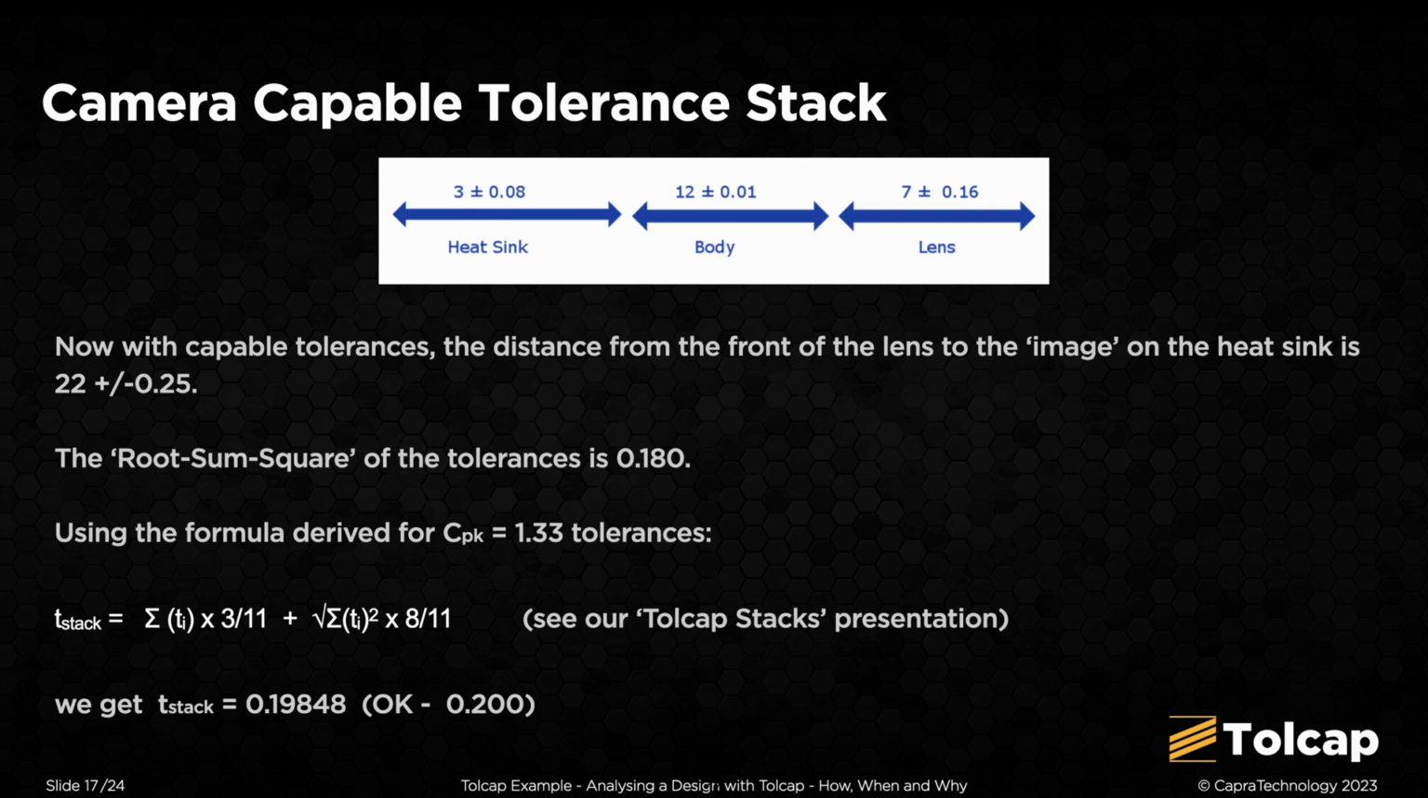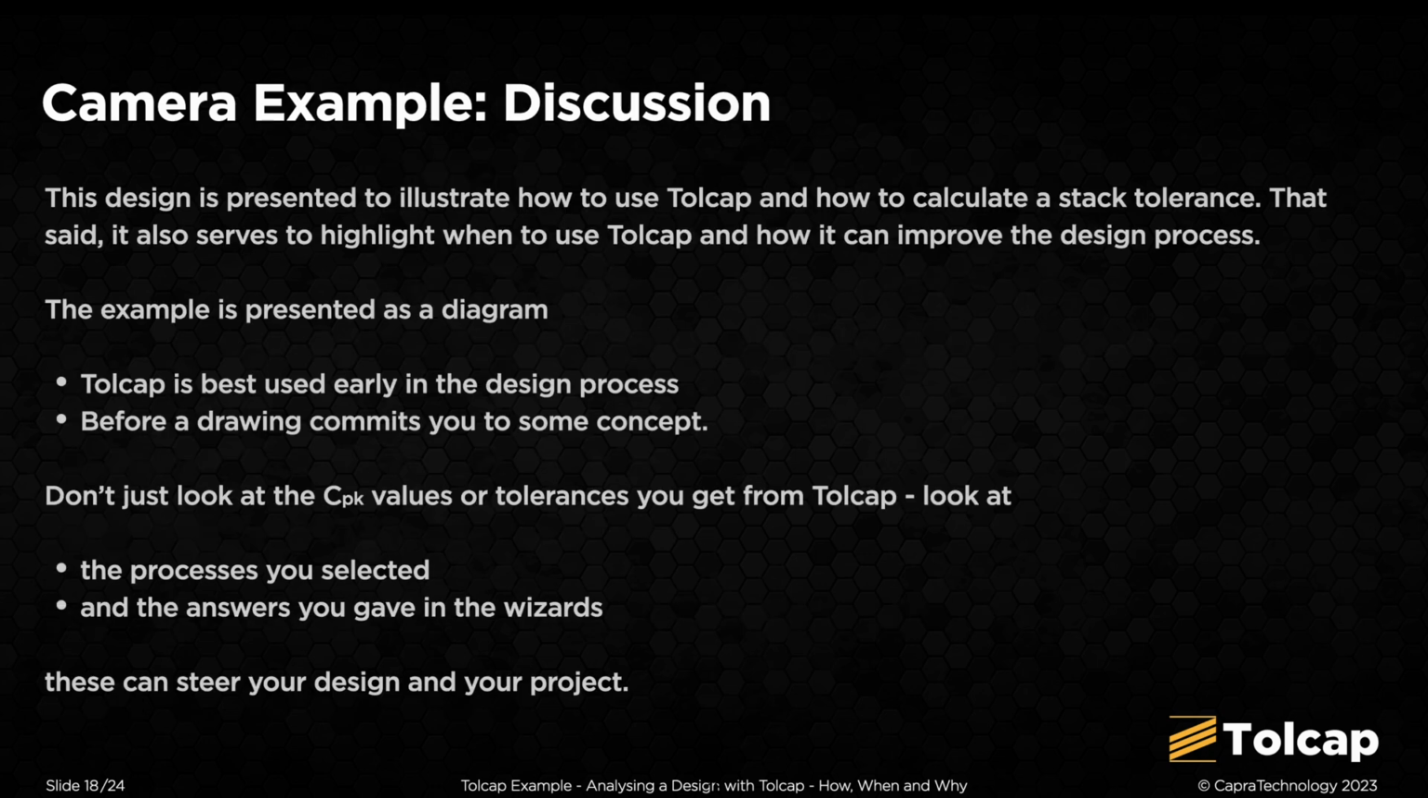Using the formula derived for CPK equals 1.33 tolerances, T stack is 3/11ths of the sum of the tolerances plus 8/11ths of the root sum square of the tolerances, we get T stack is 0.198, 0.2 plus or minus. This design example is presented to illustrate how to use TOLCAP and how to calculate a